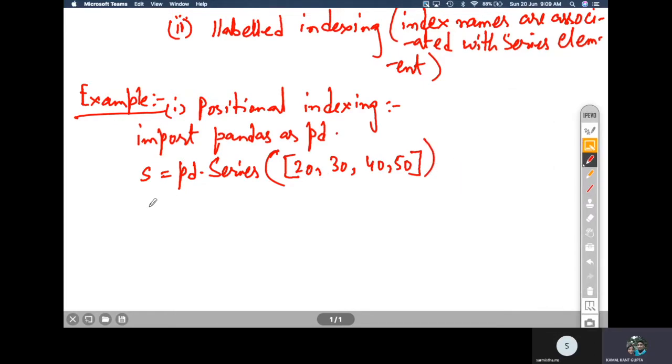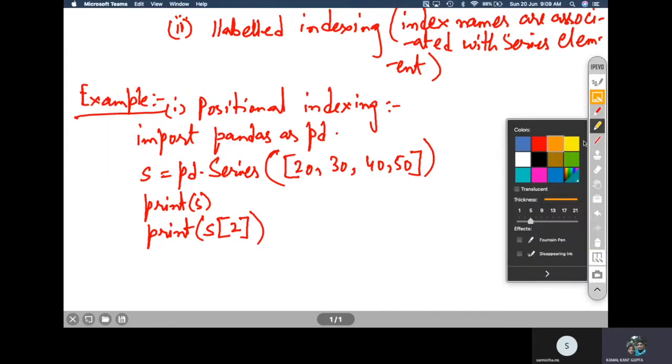Then if I write print s, this will print the whole series, whereas if I write print s at 2, so what will be the output?